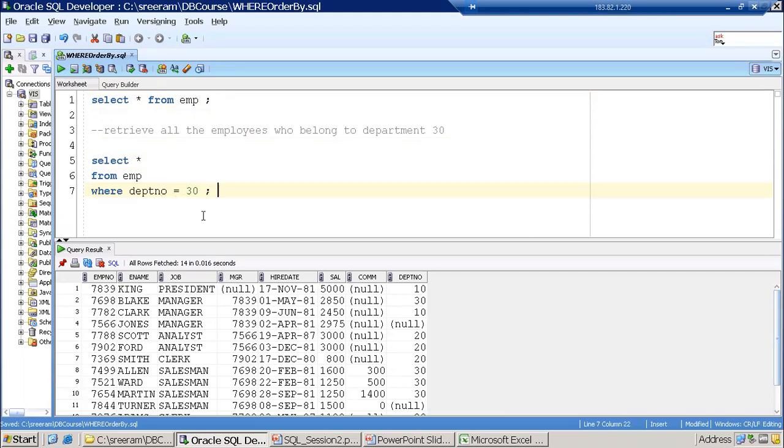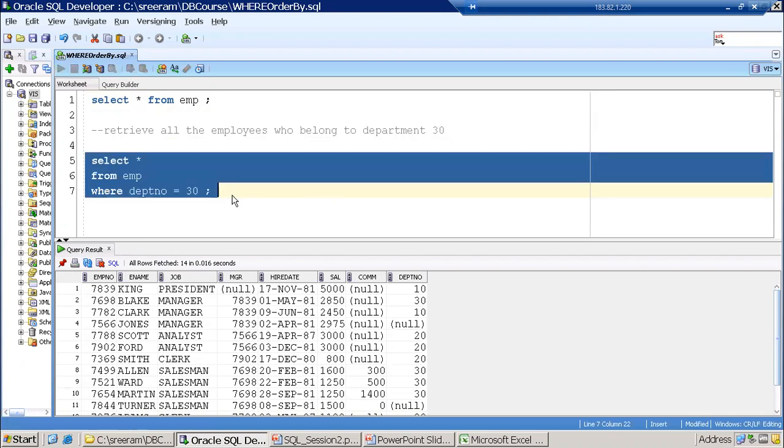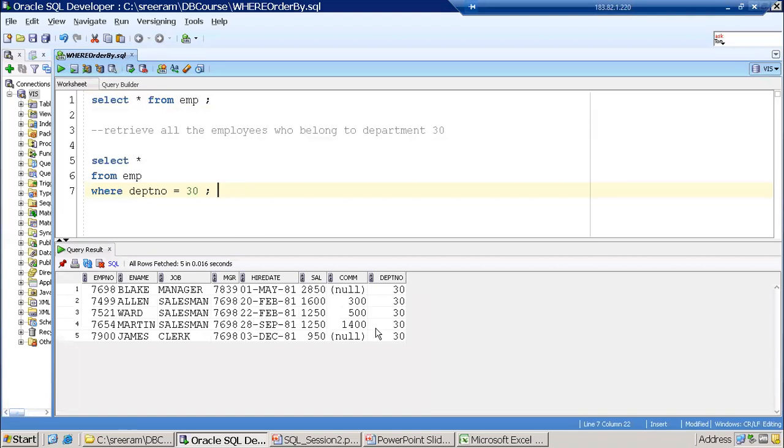Here, I have provided a condition. A condition involves two variables, one is the left-hand variable and the other is the right-hand variable. And what do you want to compare? Whether you want to compare with less than, greater than, equal to, not equal to, all that you can mention. But in our case, the requirement is to retrieve all the employees who belong to department 30, that is, where department is equal to 30. That is why I mentioned department is equal to 30. Execute the query now. Now we are getting 5 rows.